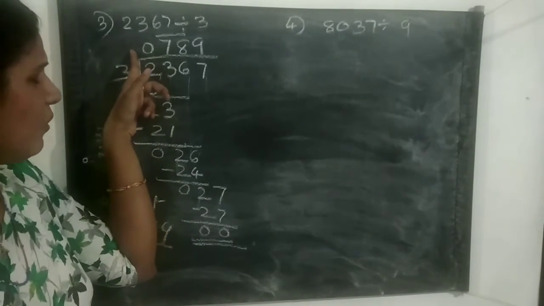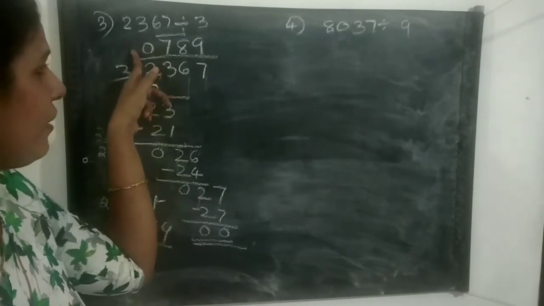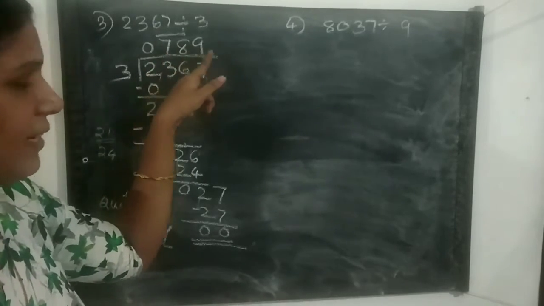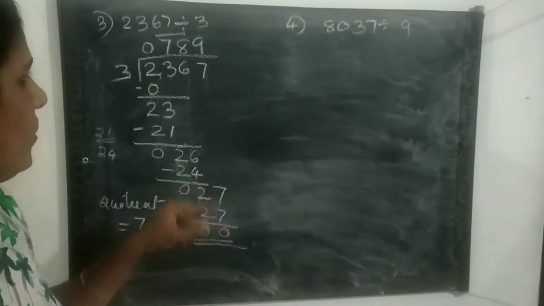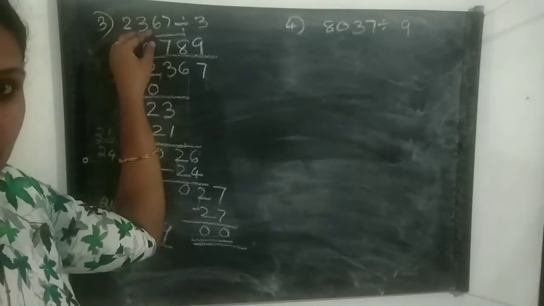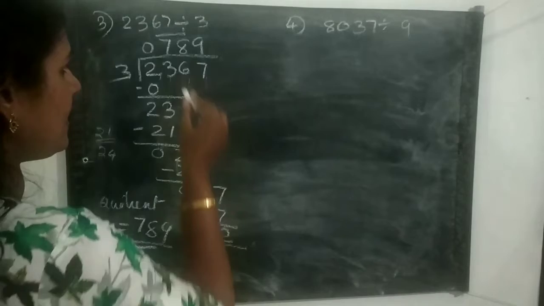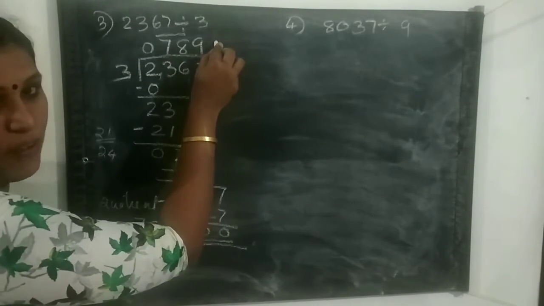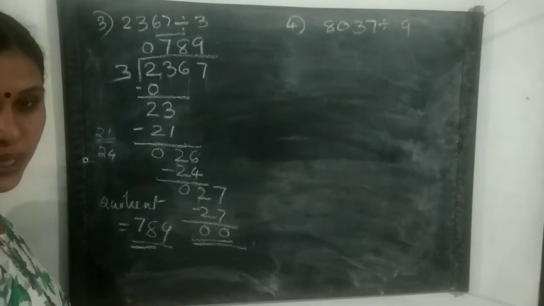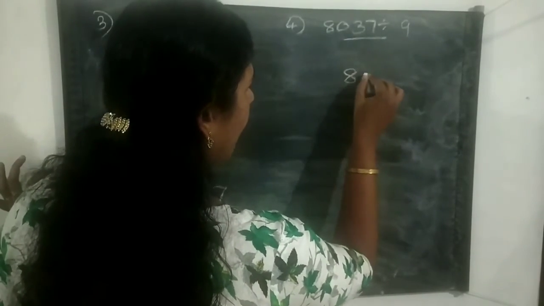No need to read this 0 that is in front of this 7. We just start that number from 7, that is 789. Okay. Note this 0, 789, full 789. There is no value in this 0. Okay. If the 0 is here, it has value, but in front of a number, the 0 has no value.